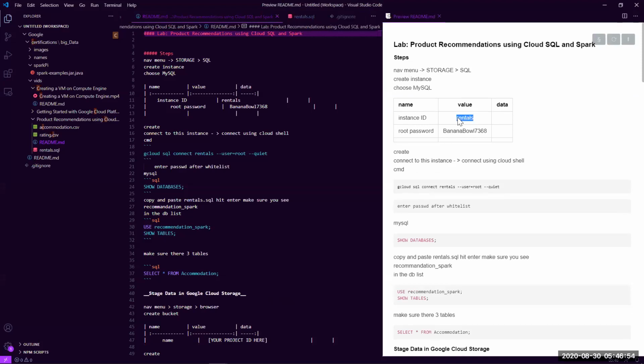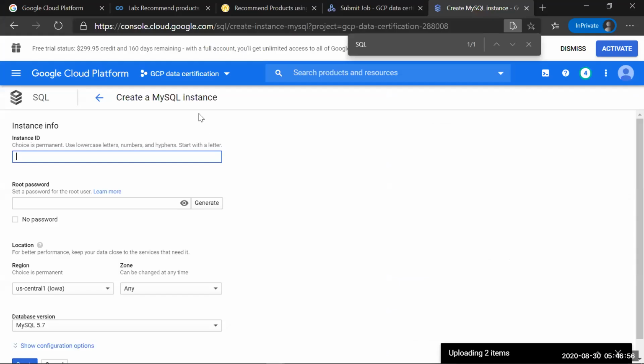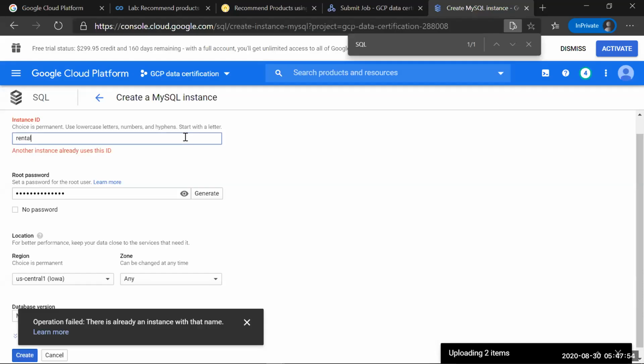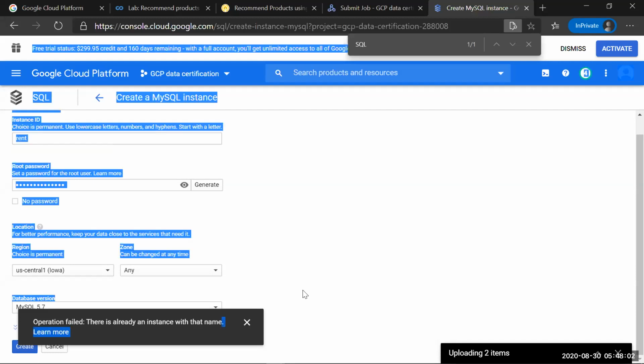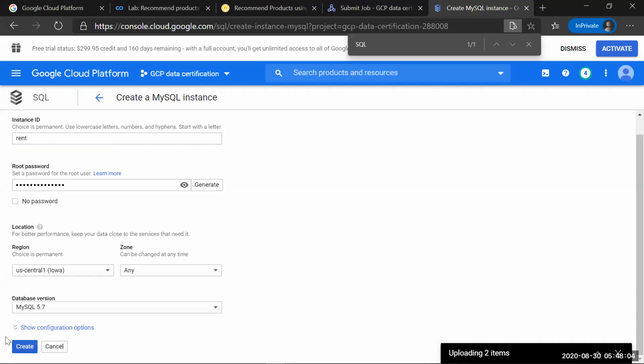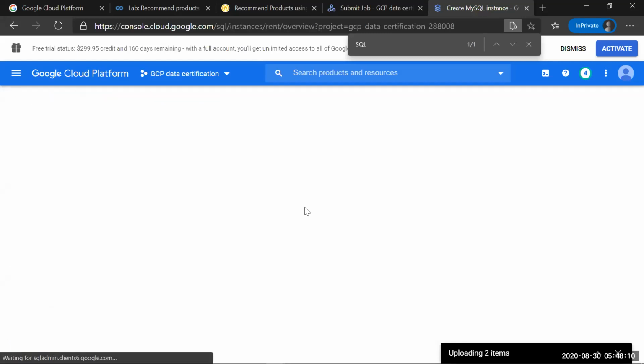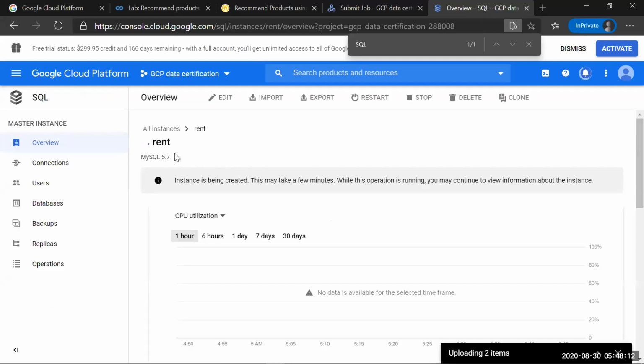For the instance ID, I'm going to name this instance rentals. This is what we want our MySQL database to be. Go ahead and hit create. Don't be worried too much about the database version. Now, as rentals takes its time to set up,